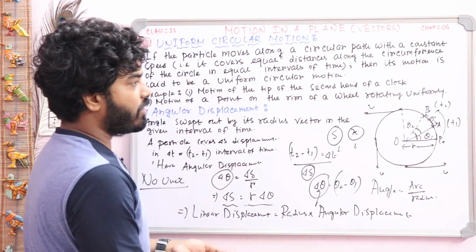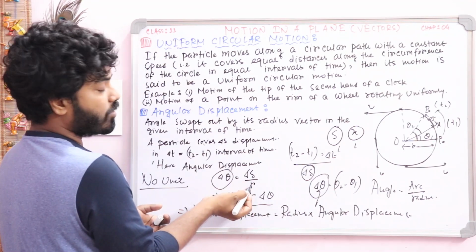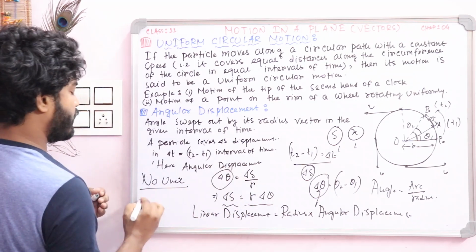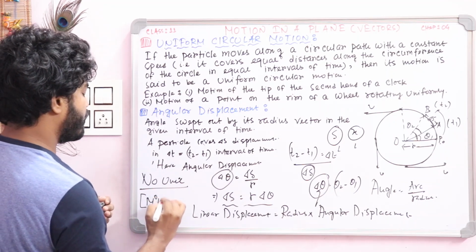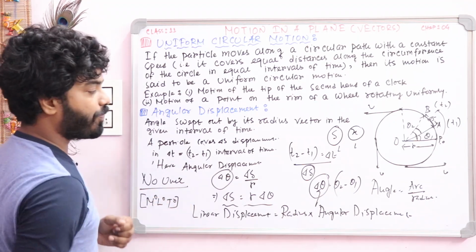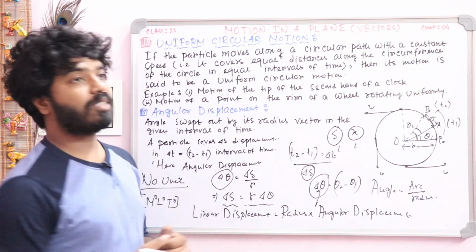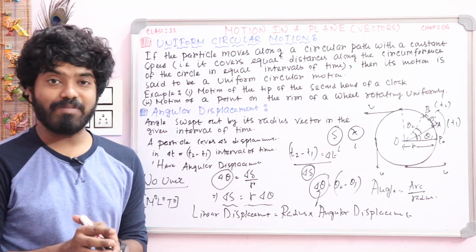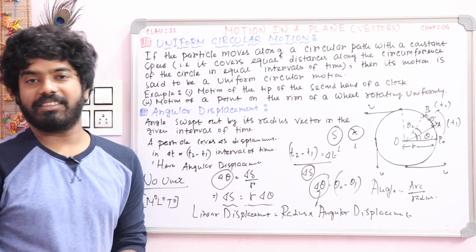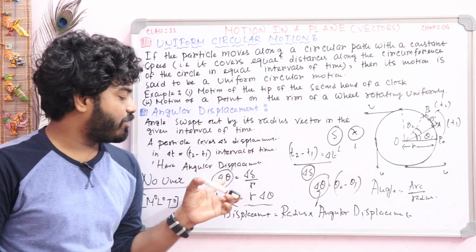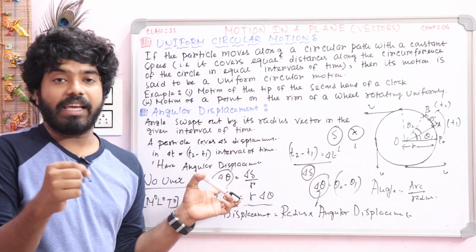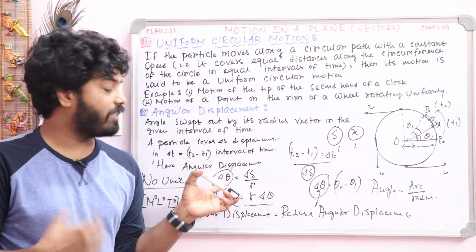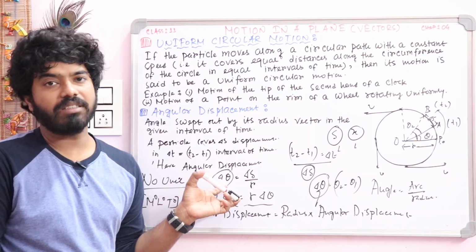And what is the dimension? This is the dimension of length, this one is also dimension of length, length by length. So angular displacement is dimensionless, m0 l0 t0. But angular displacement is denoted with a unit, and the name is radian. You see, this is del theta, angle is denoted by the unit of degree or radian. Here the SI unit of angular displacement is named radian.